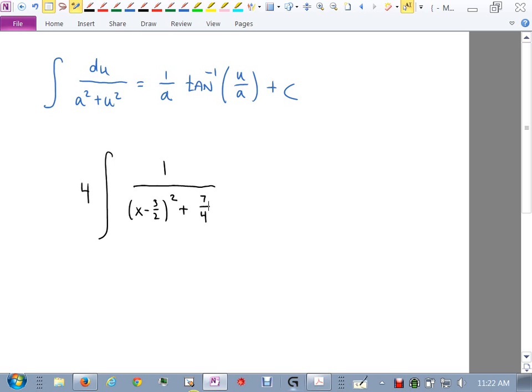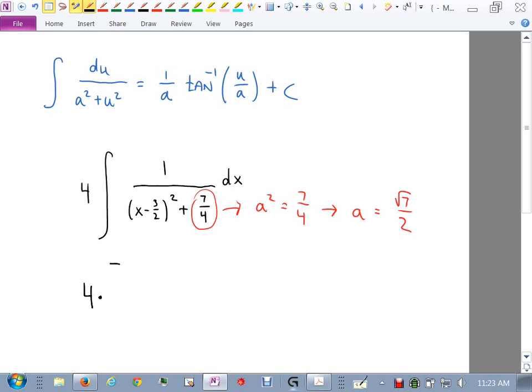But this right here is a squared, so that means a is what? Root 7 over 2. You take the square root of top and bottom. And therefore, I forgot my dx on this. Sorry. My dx right there. Therefore, the antiderivative of this will be 4 times